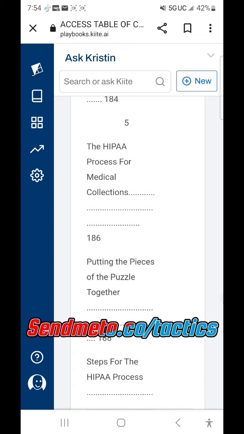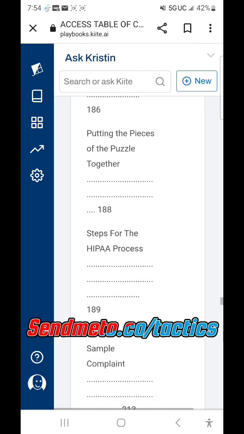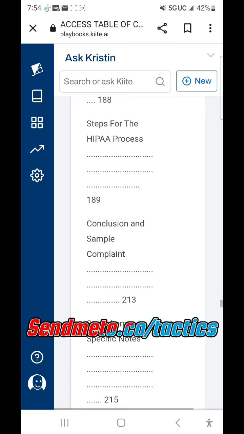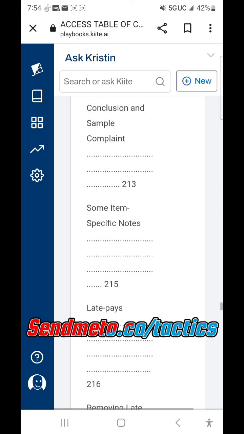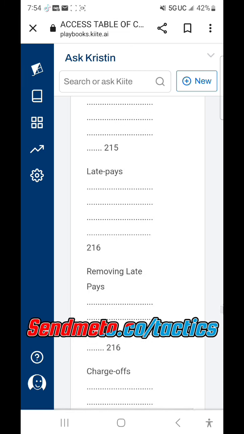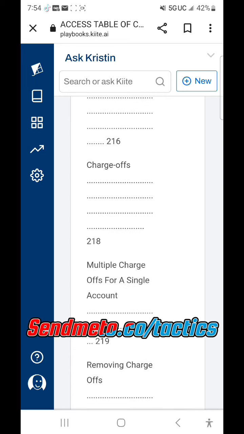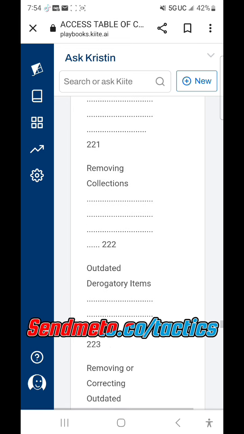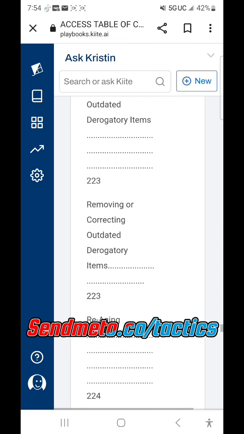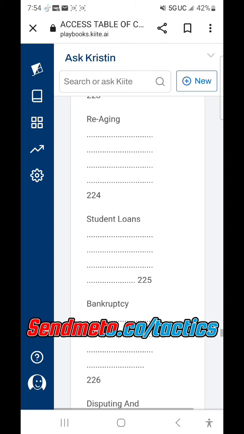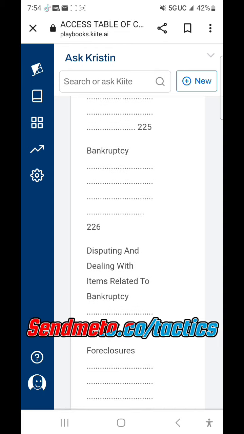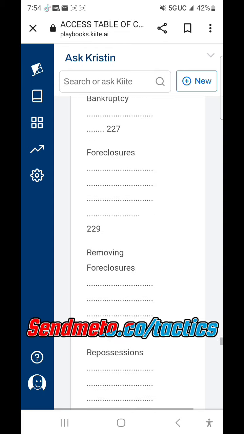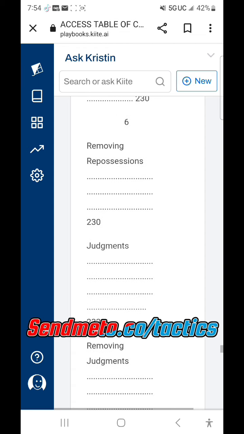the HIPAA process for medical collections, and just so you know, it's HIPAA, not HIPPA. Putting the pieces of the puzzle together, steps for the HIPAA process, conclusion and sample complaints, some item-specific notes, late pays, removing late payments, charge-offs, multiple charge-offs for a single account, removing charge-offs, collections, removing collections, outdated derogatory items, removing or correcting outdated derogatory items, re-aging, student loans, bankruptcy, disputing and dealing with items related to bankruptcy, foreclosures, removing foreclosures, repossessions, removing repossessions,